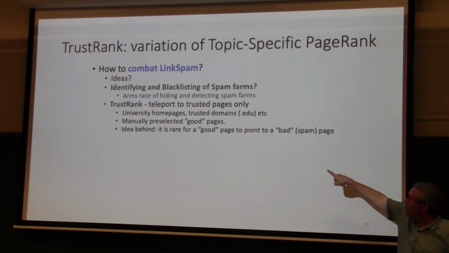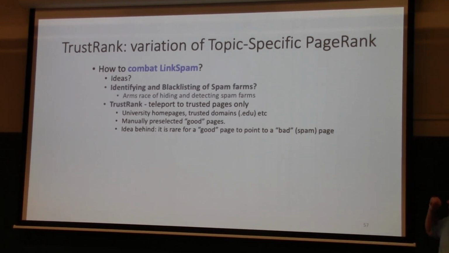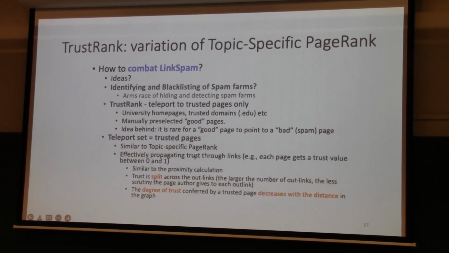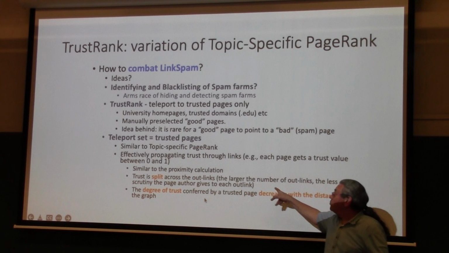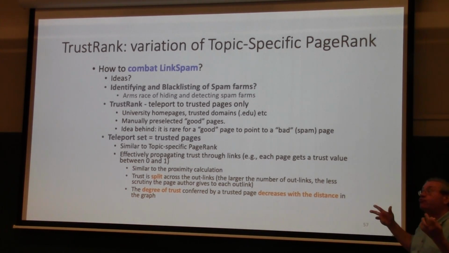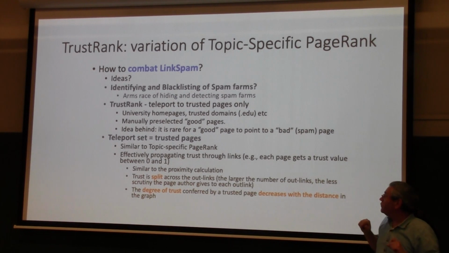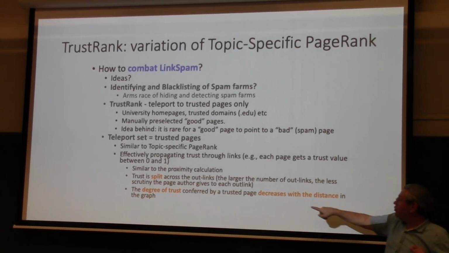And the idea is it's very rare for a good page, a non-cheating page, to point to a spam page. These spam pages tend to be hidden inside link farms, okay? So you change your teleport set, again, to be not everybody, but trusted pages. So it's a variation of topic-specific PageRank, okay? So you do a trust computation. You start from trusted pages, and you compute trust. And you split trust across the outlinks, and the degree of trust